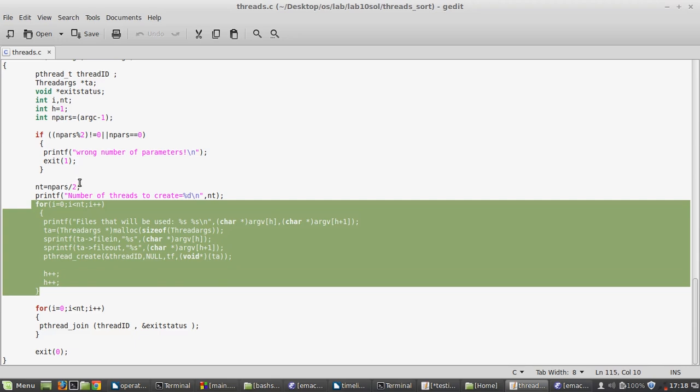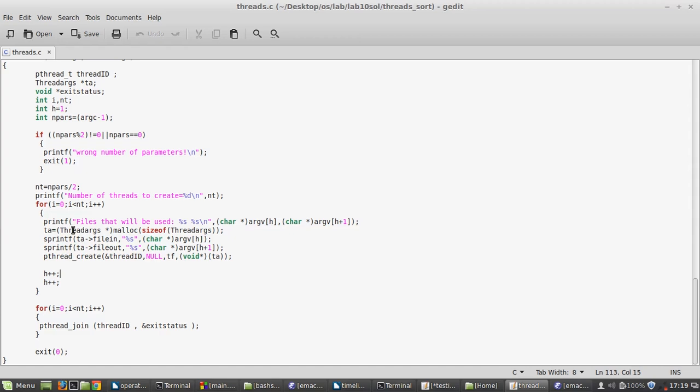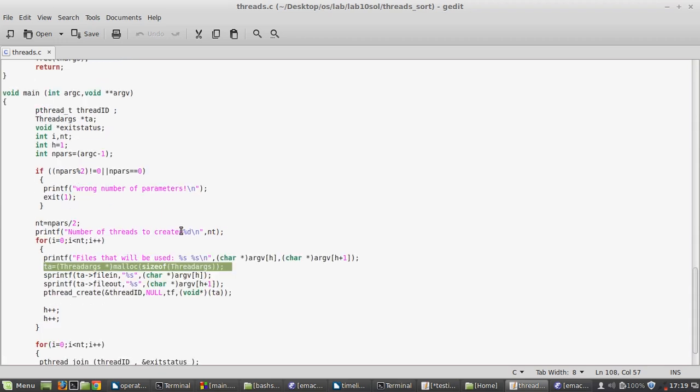Because each thread has a file in and a file out. So here the number of threads to create: for each number of parameters passed, we divide it, so the total number of threads you have to create is half the number of parameters. So for 6 parameters passed, 3 threads are created, right? So you loop